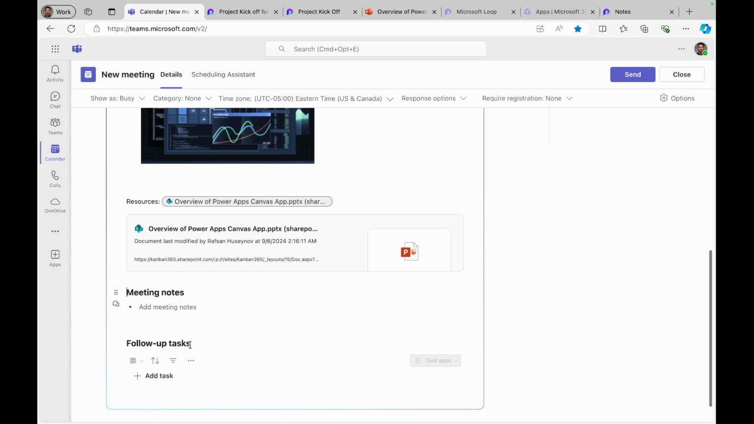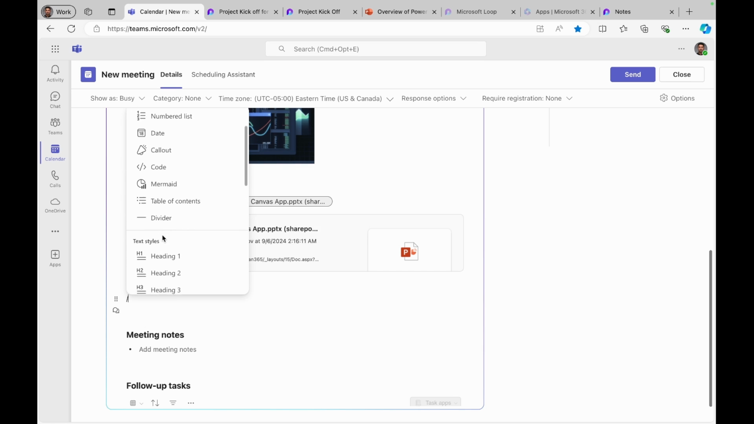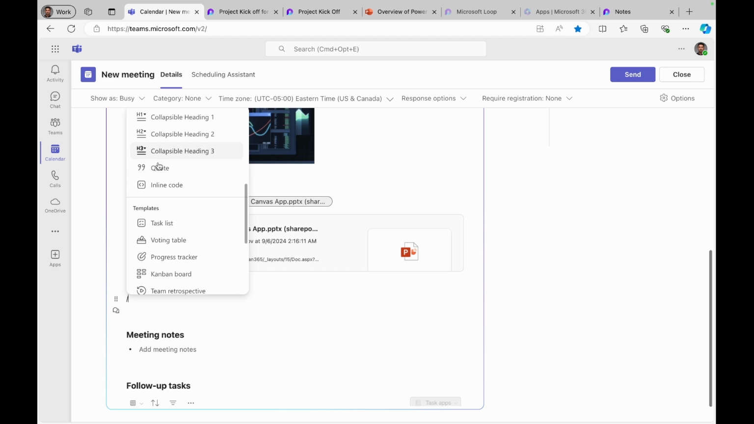And these are the default values. You can see meeting notes, follow-up tasks. If you want, you can add additional Loop components. So if I click /, these are the options. For example, I can add. Later, I will use some of the components in the meeting, but these are the options that you can add, which